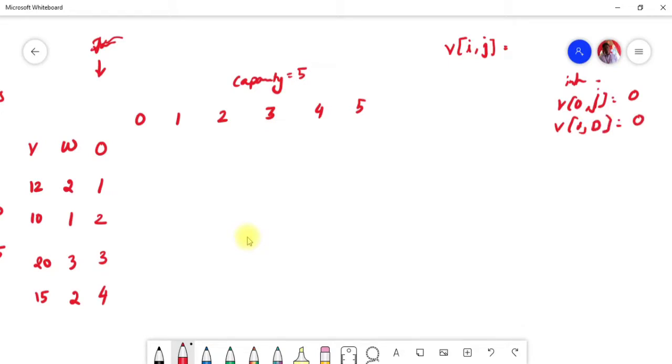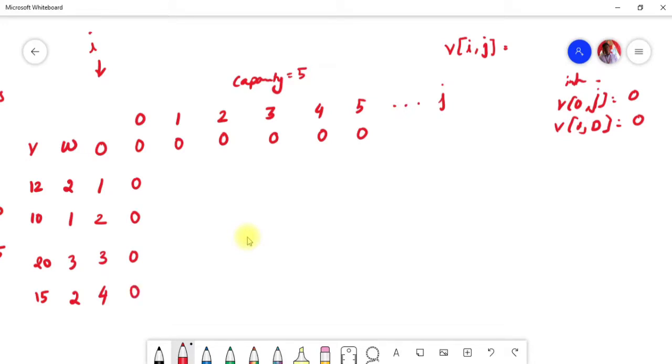So then, see, here we have the table V. You can call the y-axis i, and the x-axis is going to be j. So I'll write j here, and here we can write i. So this is going to be i and this is going to be j. If you apply these two initial conditions, obviously it is going to be 0 0 0 0 0, right? And for this column also it is going to be 0 0 0.